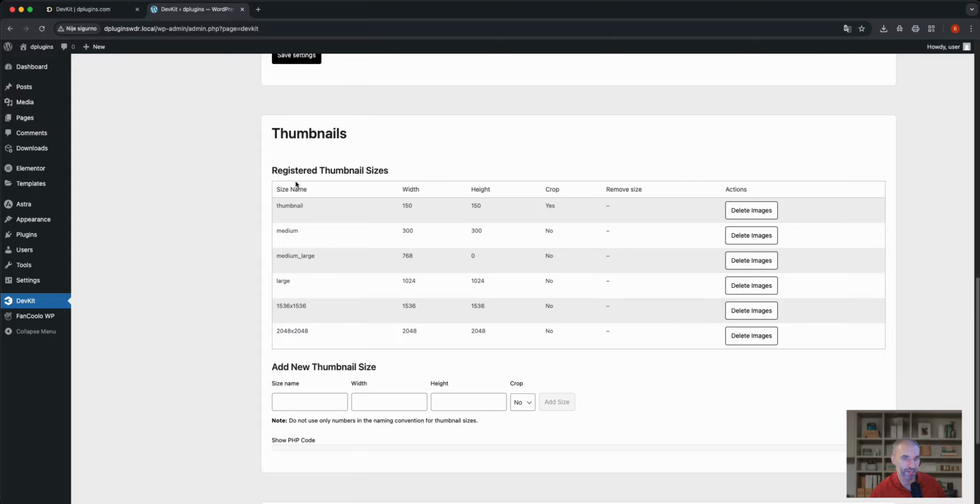You have size name and width, height, but it gives you something you can use to create a size name, width, height, and if you want to crop your image, and you can simply add this size to your thumbnails. This is a very cool thing,